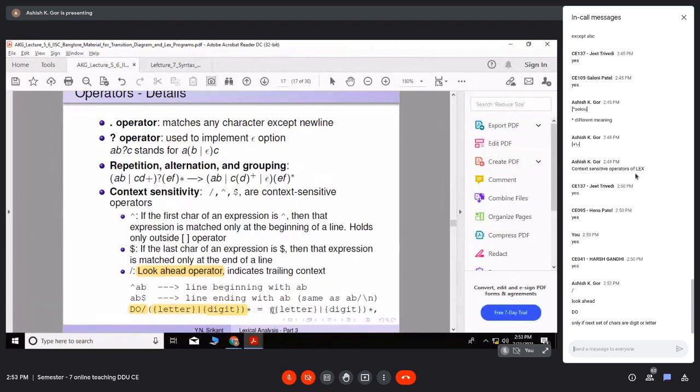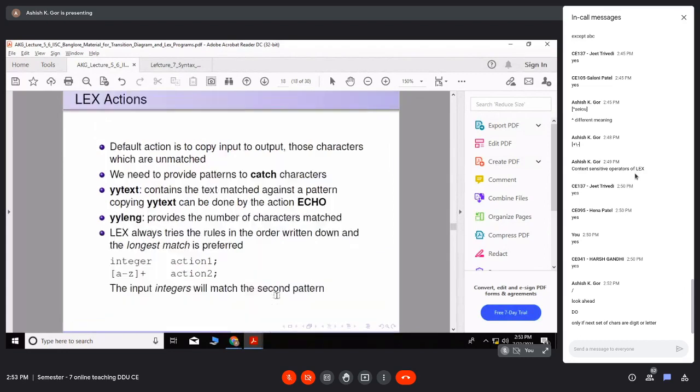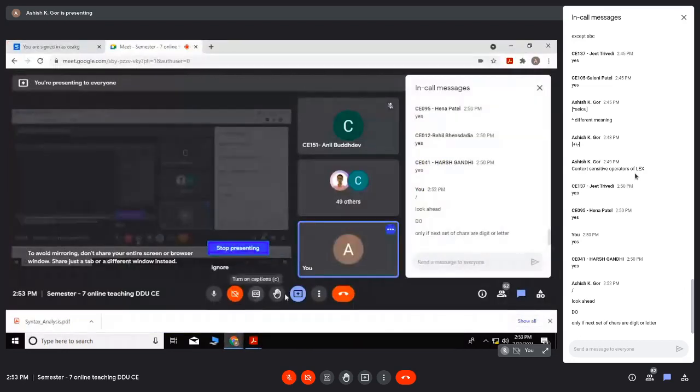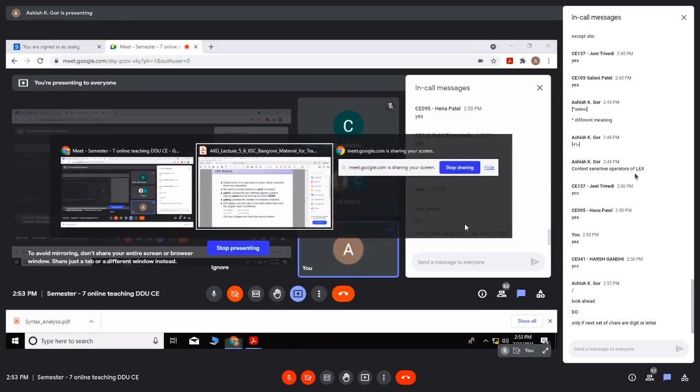If you have a DO and the look ahead is letter or digit star, then you do something, which we will see. These are the three things which are context sensitive: caret, slash, as well as dollar. Depending on where and how they come, they mean different things.